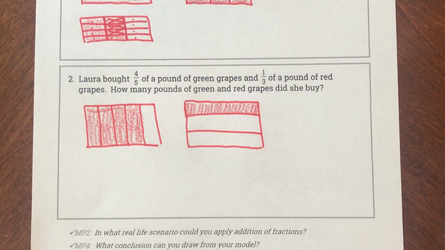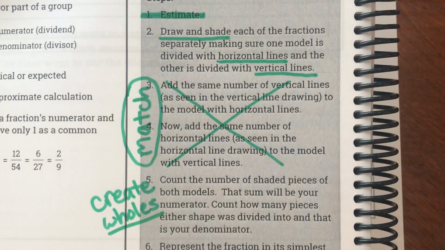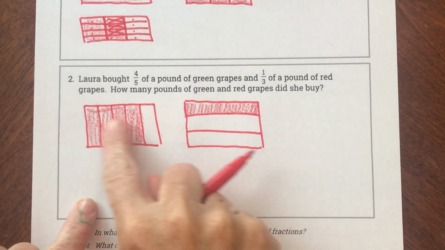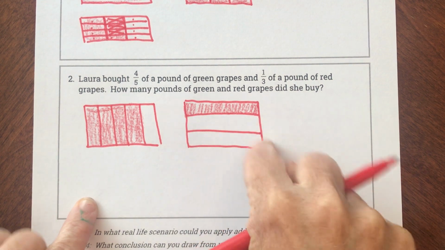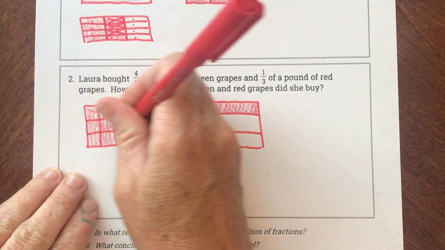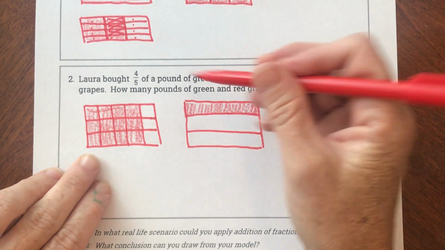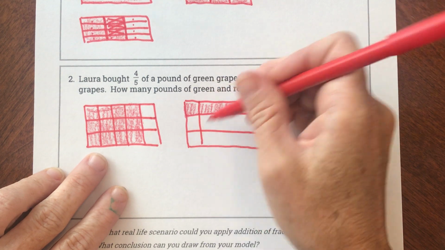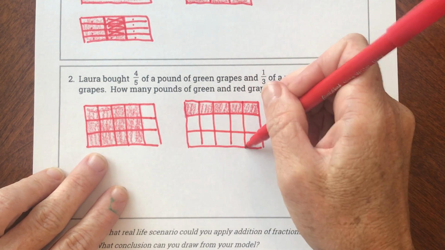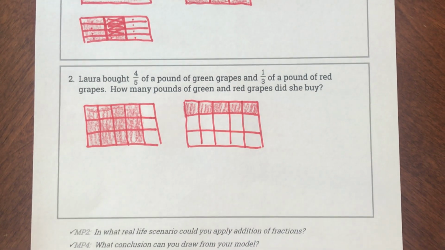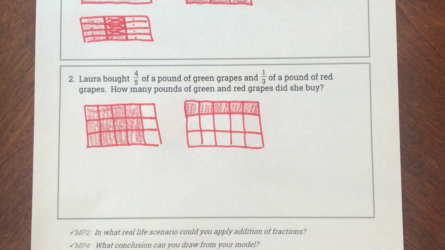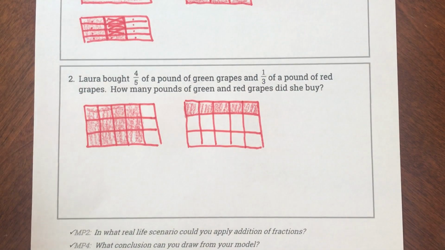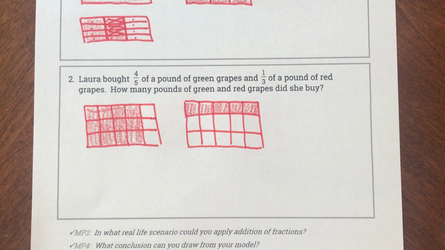Okay, now that I've drawn both of them, my next step says make them match. So this one is missing its horizontal line. So I had 1, 2. So 1, 2. And this is missing its vertical. So how many did I draw? 1, 2, 3, 4. 1, 2, 3, 4. Okay, so now what I'm going to be doing is I'm going to now be trying to create some holes. So I'm going to move some around to try and create whole